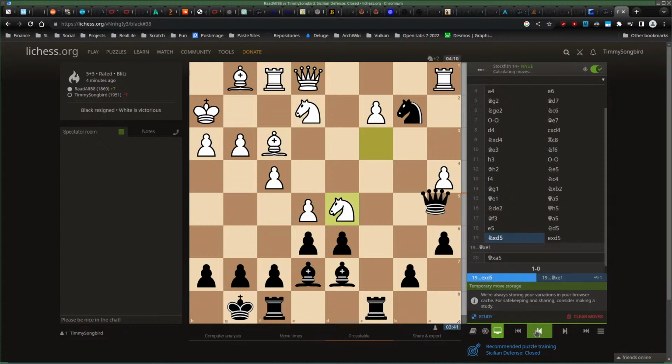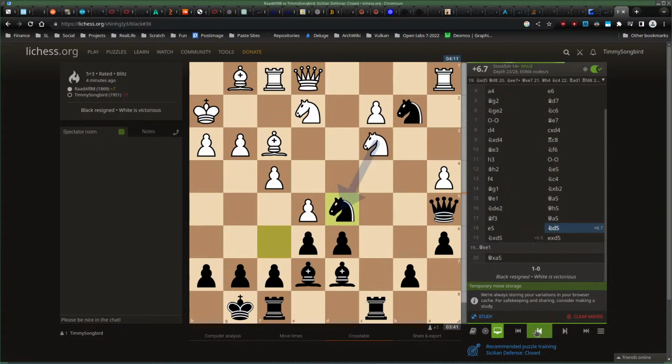Oh my god, that is a devastating move, so I could never have done this. And here I'm actually winning. So this is just not possible because of the discovered attack. Takes a knight with a discovered attack on my queen and an in-between move with a check.